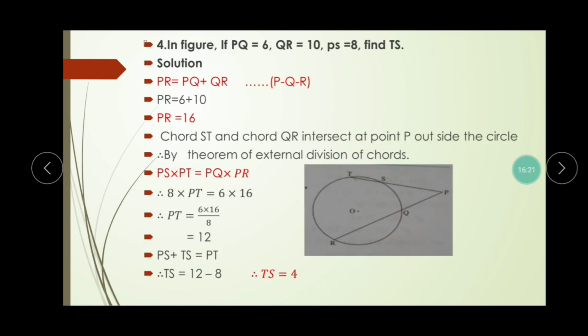Next problem. In the figure, if PQ is 6 and PS is 8, we are supposed to find out TS. And the solution for this is